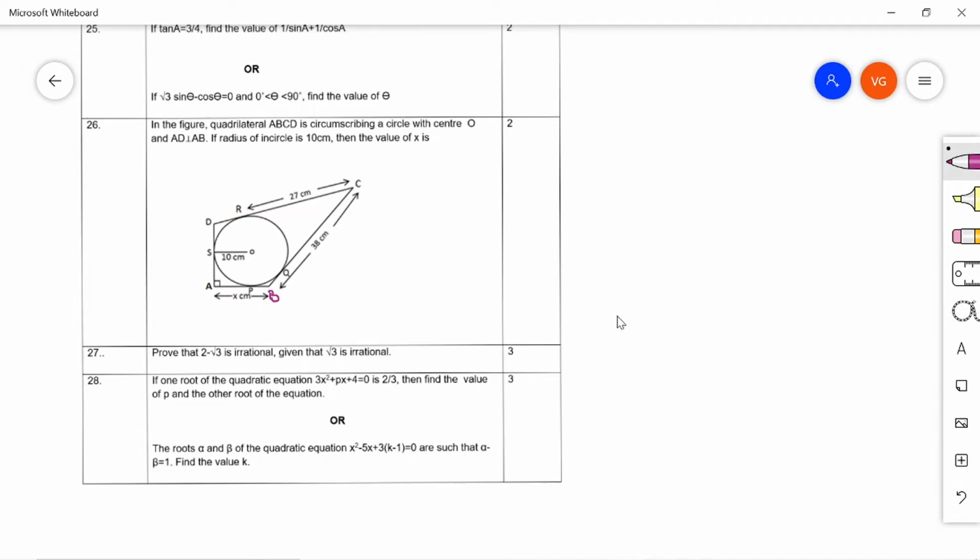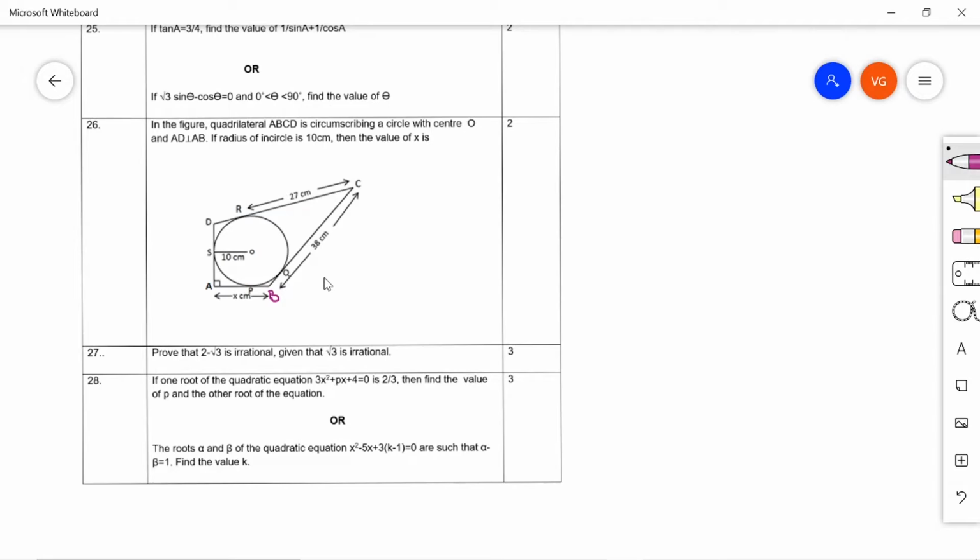So this question is based on properties of circles. See here, from point A, an external point, AS and AP are two tangents drawn to the circle. Then these two tangents are equal, right? The tangents drawn from an external point to a circle are equal. So based on that property, I think we can solve this problem. See here also, you have an external point C, with CR and CQ as the two tangents drawn. You can consider it like that also, right? So let us see here.